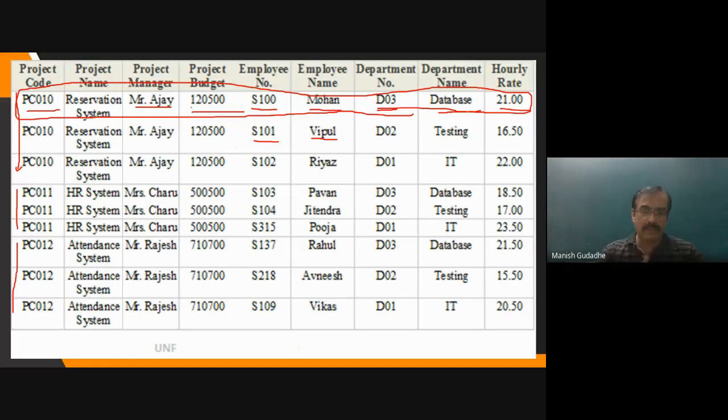So normalization is a process of designing the data or bringing the database into a proper form, which will not have insertion anomaly, deletion anomaly, and updation anomaly. That is a formal definition. A simple definition is bringing the database into a normal form. What do you mean by normal form? My database must be accessible very easily, understandable easily, and updatable easily. That's what my need is.